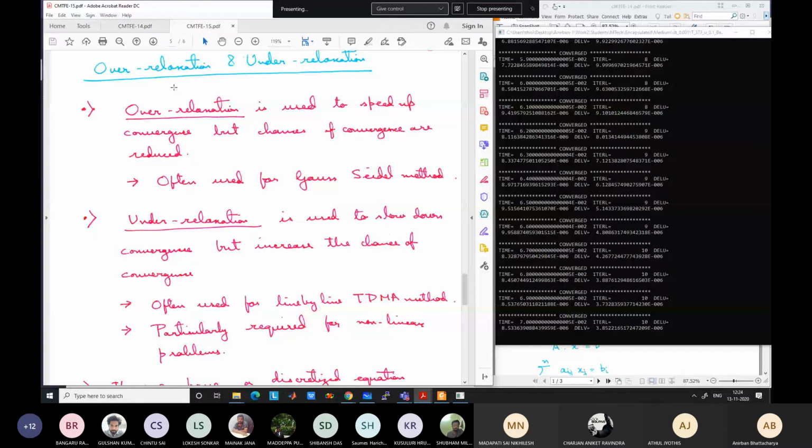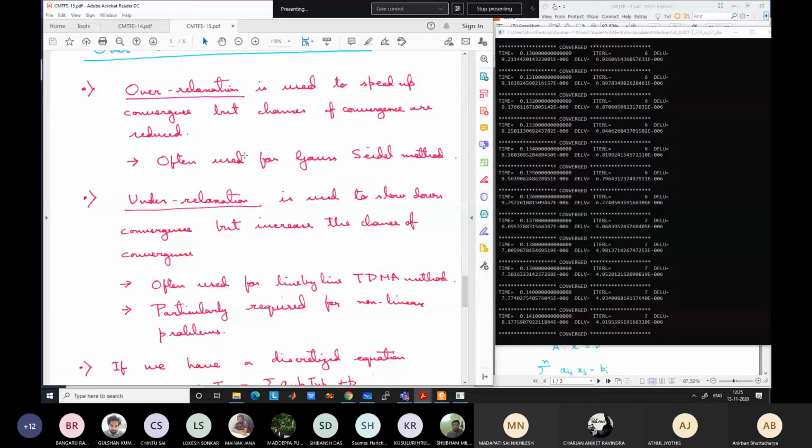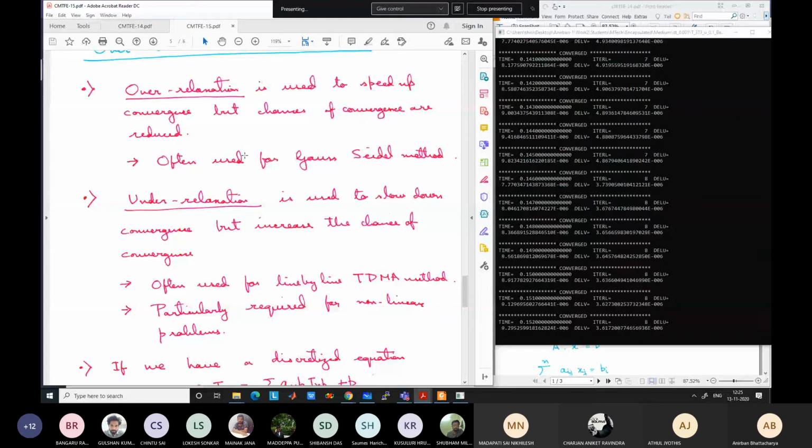Okay, and similarly, what I was just saying, over relaxation, I will show what is over relaxation, but this is often used for the Gauss-Seidel method. Okay, because the rate of convergence is slow for this Gauss-Seidel or Jacobi type of method. In these cases, if the changes are low, and if you satisfy this Scarborough criteria, you can accelerate the convergence rate by using something called over relaxation. I will show you how the over relaxation is done, but it is often used for the Gauss-Seidel method.